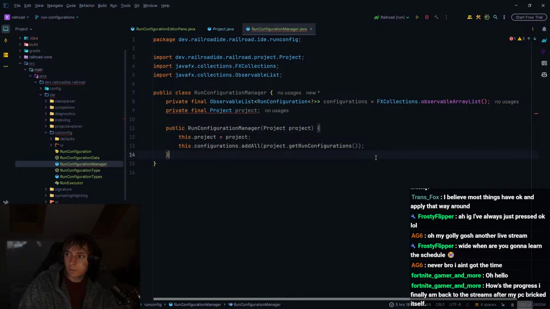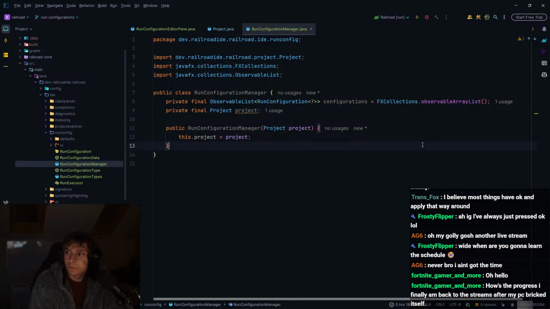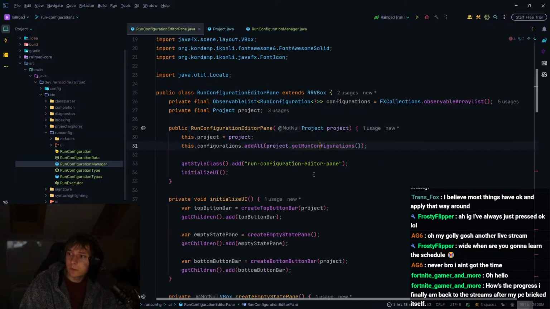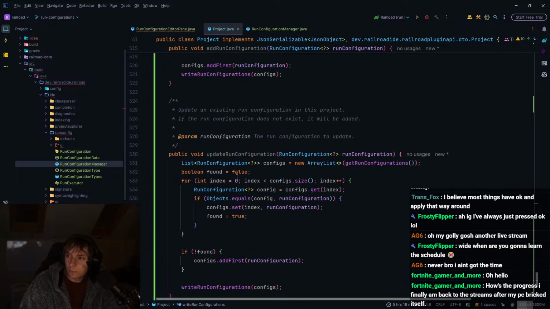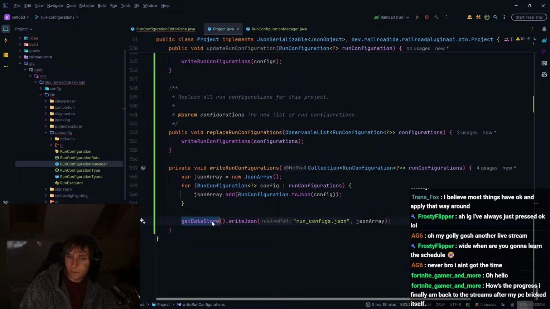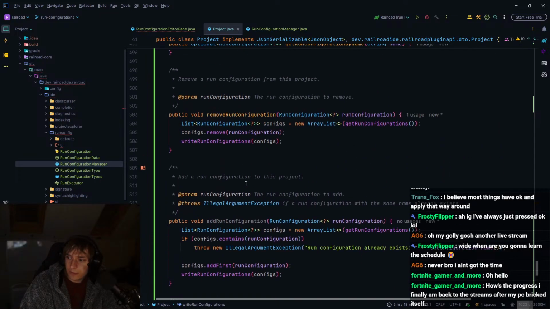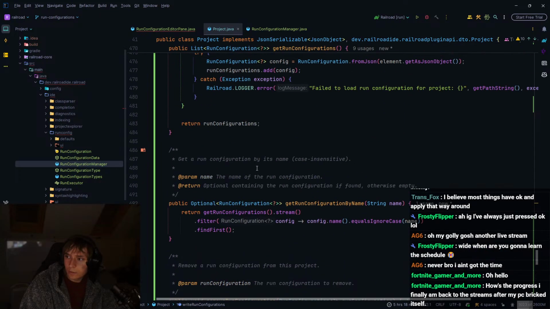That way it can kind of reference the project if it needs to. Which it will need to, because it will need the actual path as well. Or it needs the data store. So admittedly, it could probably just take in the data store, but